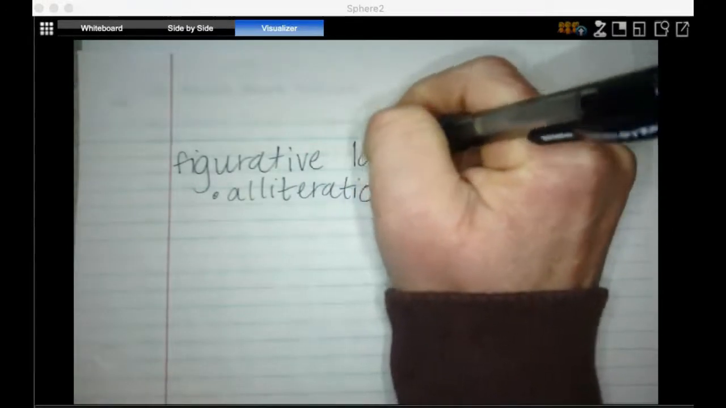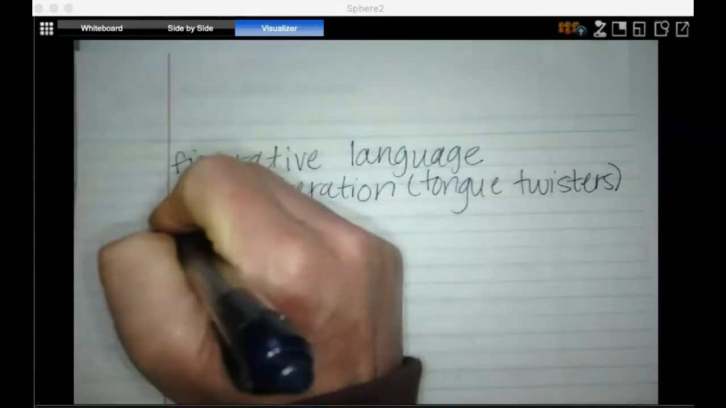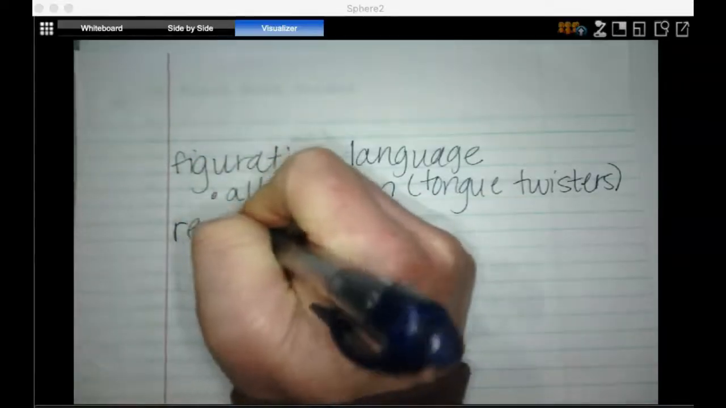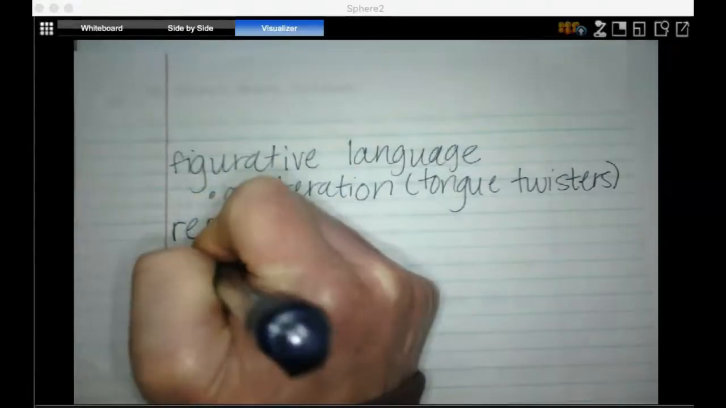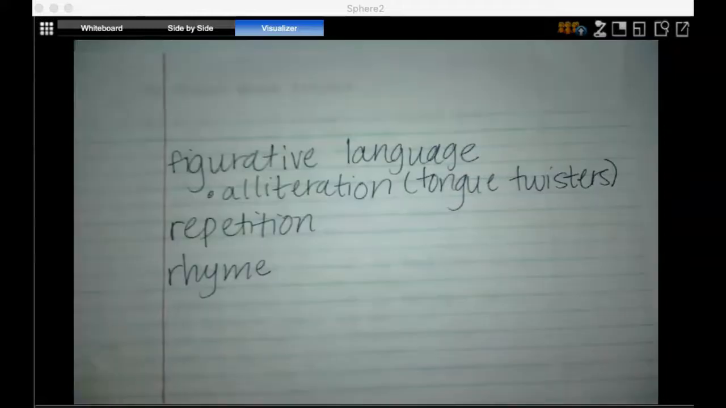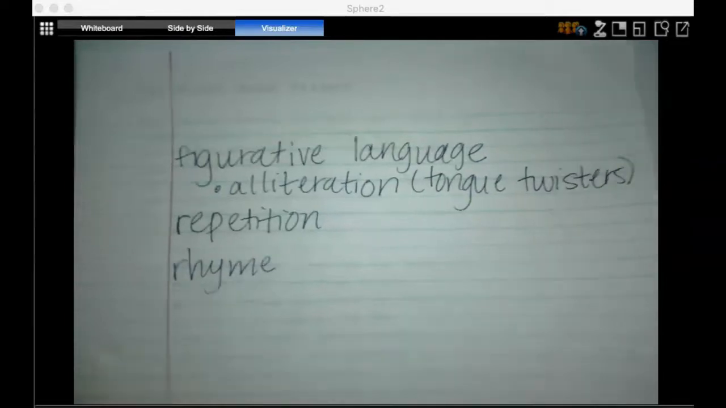So we know poets use figurative language. We also know that poets use repetition. And some poets also use rhyme. Now, as we add to the things we know about poetry, sometimes it's hard to organize finding all of these things in a poem. So, one thing I like to do is kind of analyze a copy of a poem